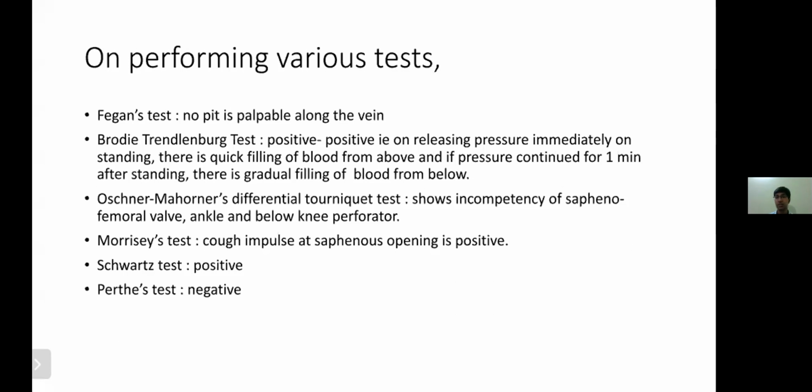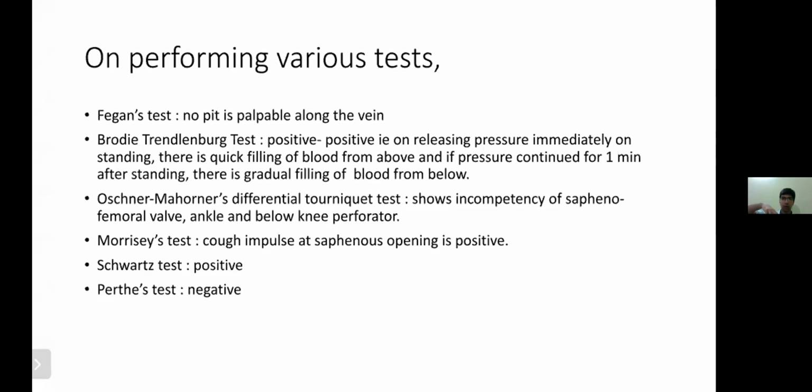As I pointed out, the first step you always start with is making the patient supine, elevating the limb, and milking out the veins. So you milk out the veins, you empty the veins, so you collapse the veins. You can feel the empty grooves of the veins. That is the point where you have emptied the veins. You elevate, you milk out. After that, you have already found the SFJ. Below the SFJ you tie a tourniquet, ask the patient to rapidly stand up, and wait for 2 minutes. If there is filling, it is obviously not from above downwards but from below upwards. Below upwards filling means from the deep vein through the valves, through the perforators, coming upwards into the superficial veins. So there is a perforator incompetence. If not, you open the tourniquet.